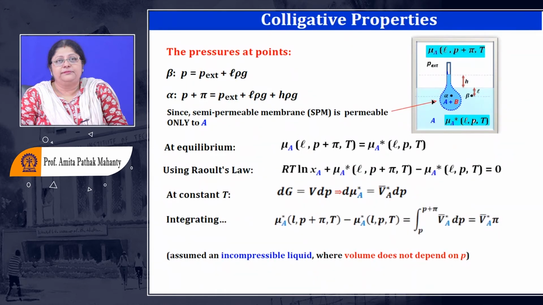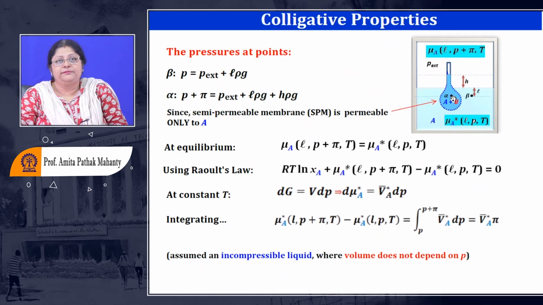I'm going to look into the same condition of temperature and pressure. So I have to monitor, under atmospheric pressure, the atmospheric pressure being the P external, this is the level of the liquid which I have, and this liquid outside, light colored, is the solvent. And what we have here is a membrane, which is selectively permeable to the molecules of the solvent. So the solvent is going to go inside this, and you have a solute. So you have a mixed phase here, and you see what happens: you have two pressure conditions generated.